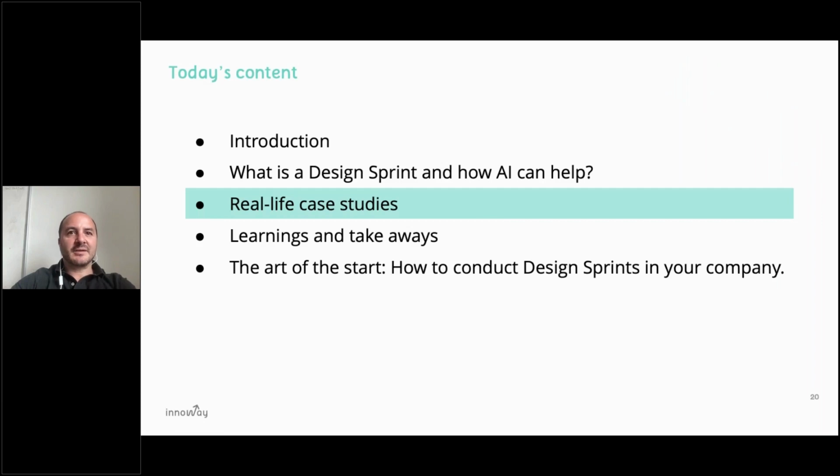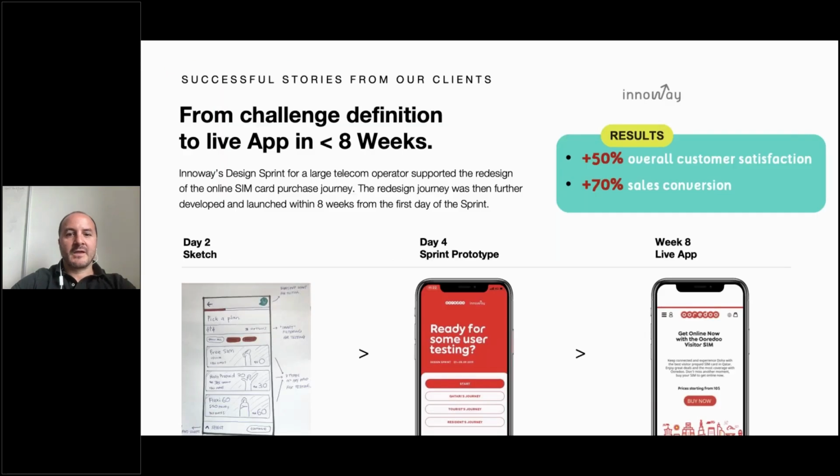So let's jump into a couple of case studies. One is going to be more in detail, and the other ones are other examples that we've done in the past and how we have applied design sprint to solve other solutions beyond products and services. So this is the case of